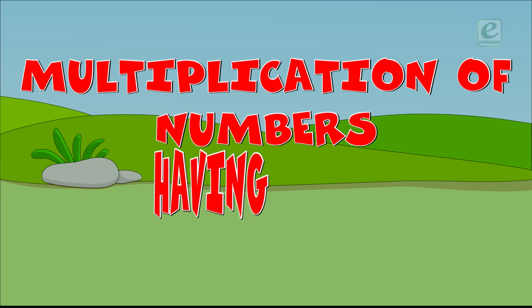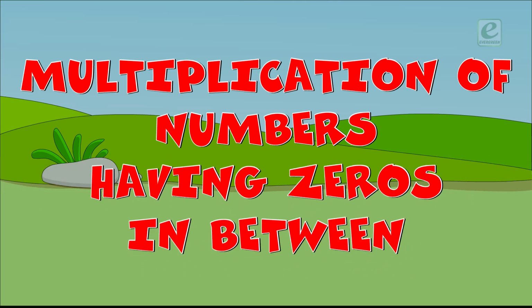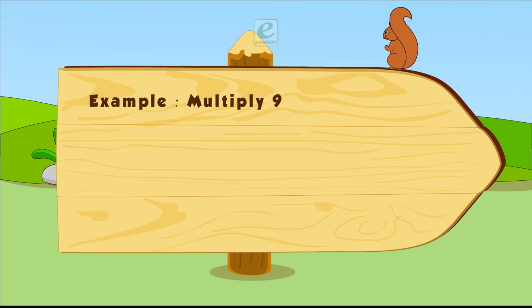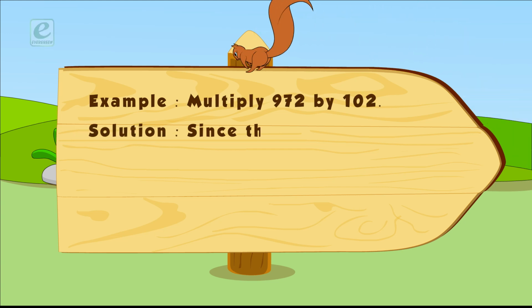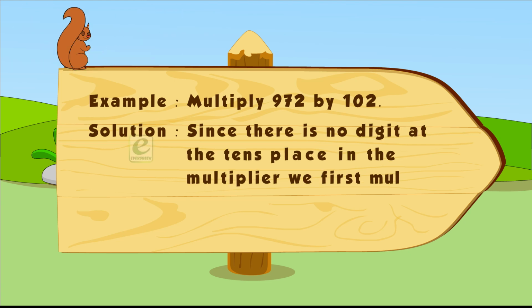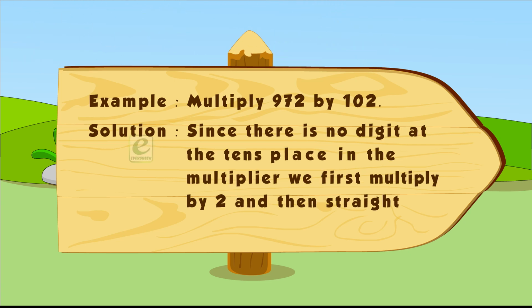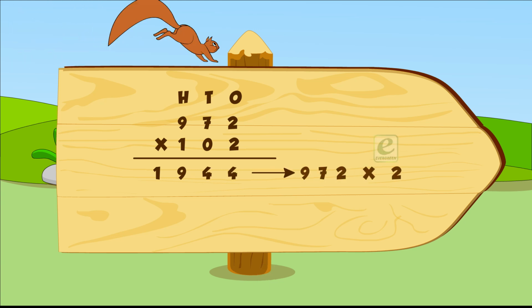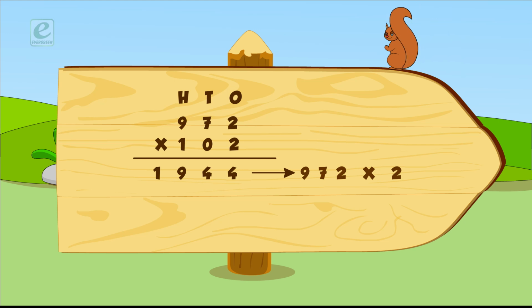Multiplication of numbers having zeros in between. Let's multiply 972 by 102. Since there is no digit at the tens place in the multiplier, we first multiply by 2 and then straight by 100. Thus, 972 multiplied by 2 is equal to 1944. Then we will multiply 972 by 100, which is equal to